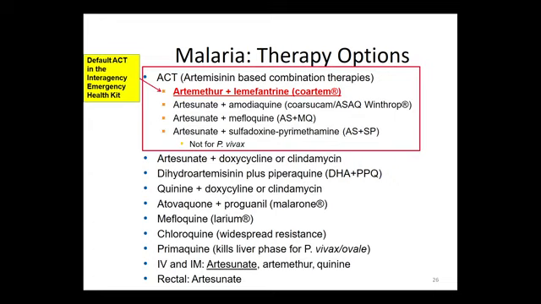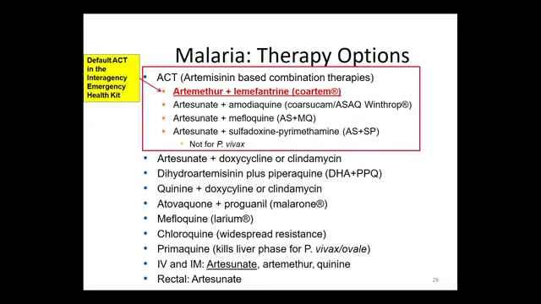The first-line ACT in the interagency emergency health kit should be artemether-lumefantrine, which is Coartem. Artesunate may be artesunate plus amodiaquine, artesunate plus mefloquine, artesunate plus sulfadoxine-pyrimethamine, and is not used for Plasmodium vivax. Also, it may be artesunate plus doxycycline or clindamycin, dihydroartemisinin plus piperaquine, quinine plus doxycycline or clindamycin, atovaquone plus proguanil,